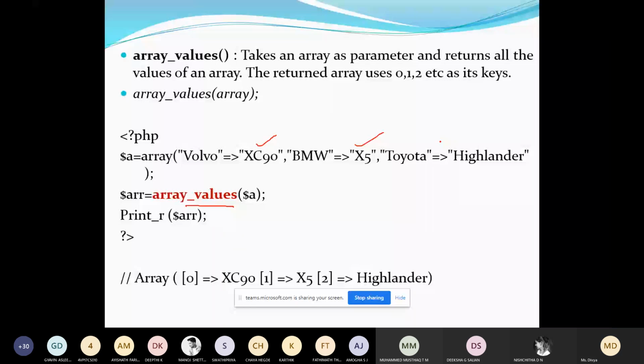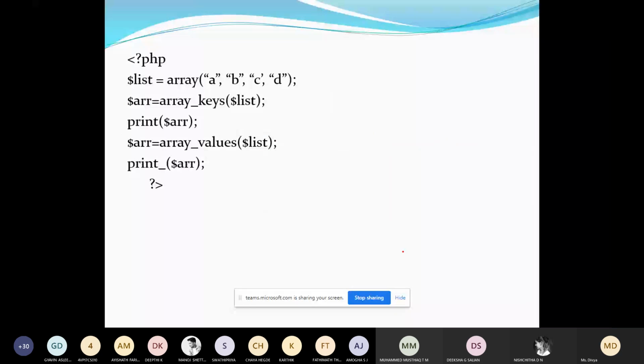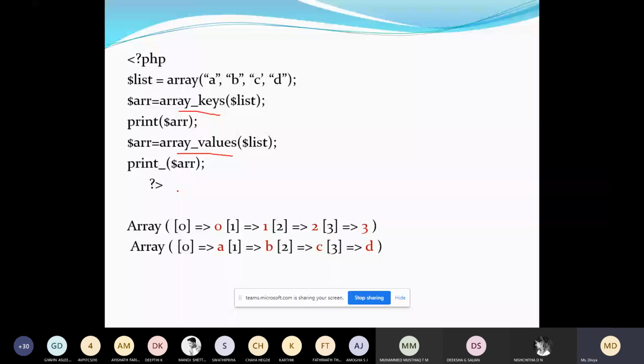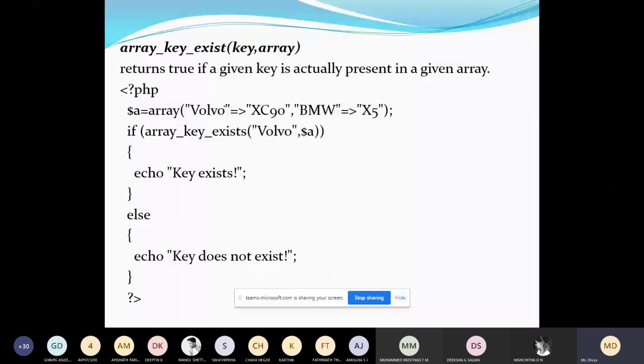And the next one is a program which is a combination of both previous functions, array_keys and array_values. Here it will display the keys and here it will display the values. Then array_key_exists: we are checking the existence of a particular key.